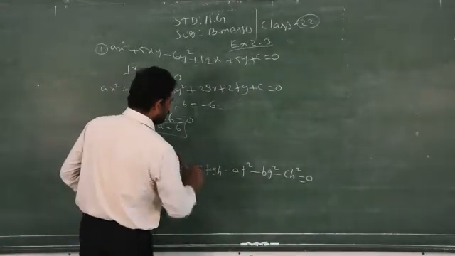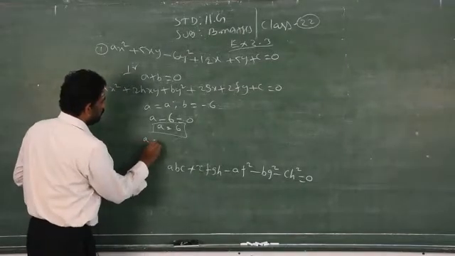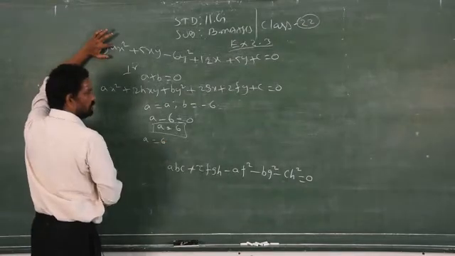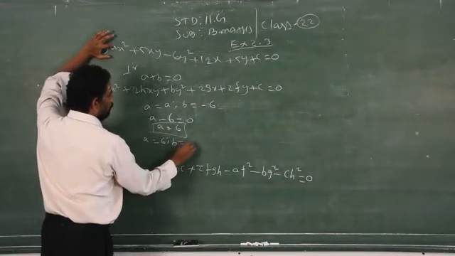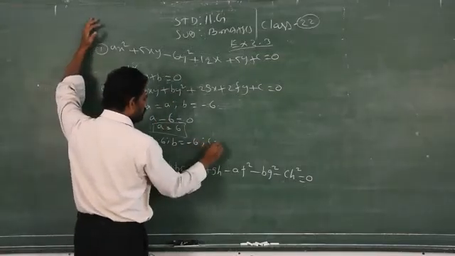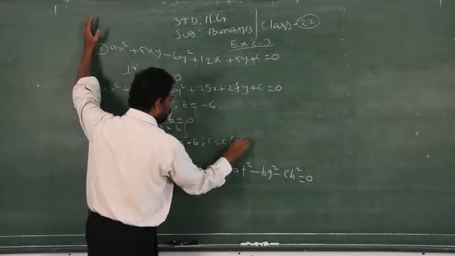So before that, you have to find out what is A, B, C. Clear? So what is A? Just compare that equation, A is equal to A, but A we found already 6. Then what is the B? Minus 6. Coefficient of y square is minus 6. Then what is the C? C is constant. Constant always refers to constant. This only you have to find out.